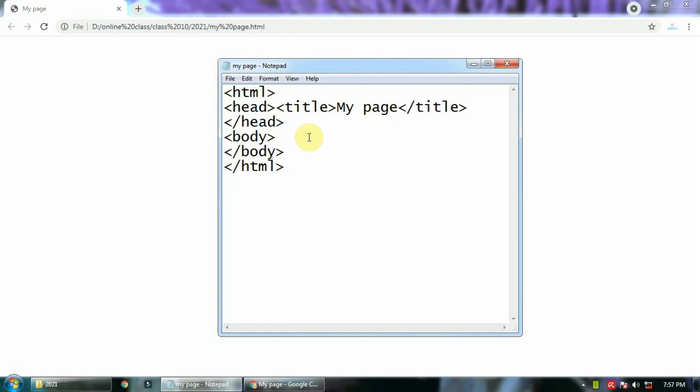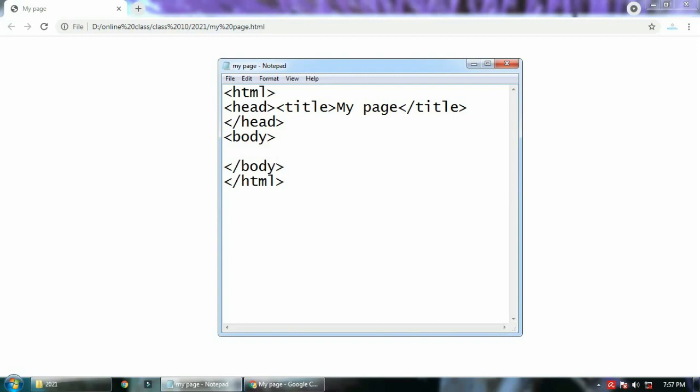Last class I showed some of the container tags, and as you have seen, base font did not work. Some of you have replied that I did not close the body tag, so that could be one reason that base font did not work. And one more thing is that base font actually does not work in HTML5. So my browser is updated and it will not support base font. If you are using any earlier versions of your browsers, then it might work.